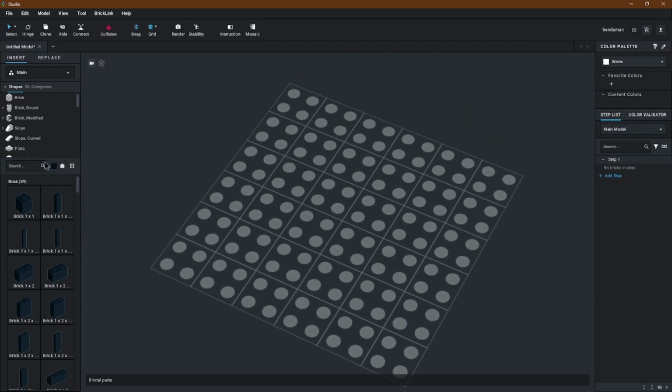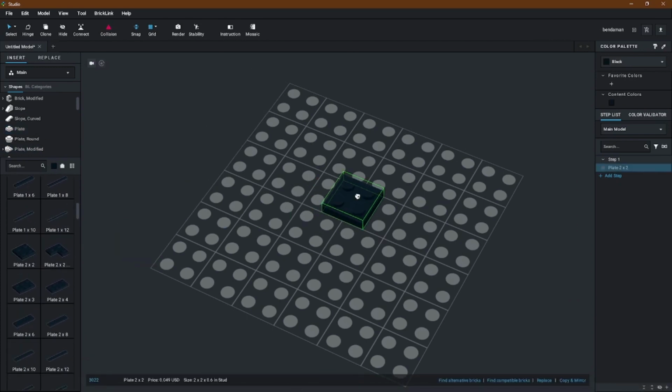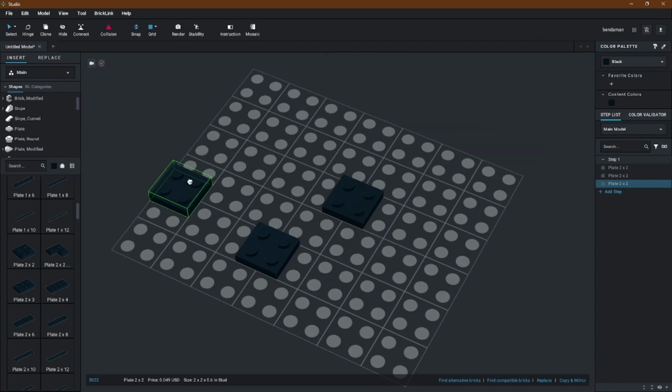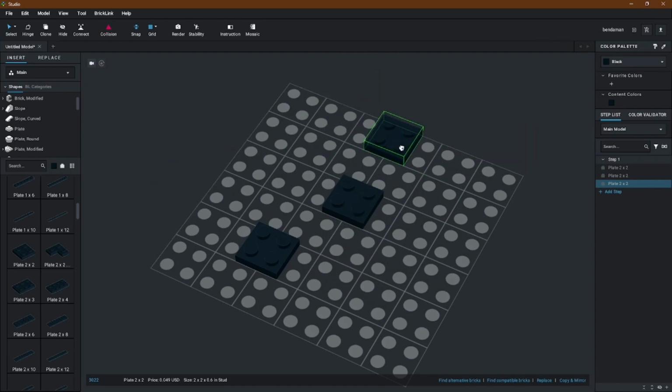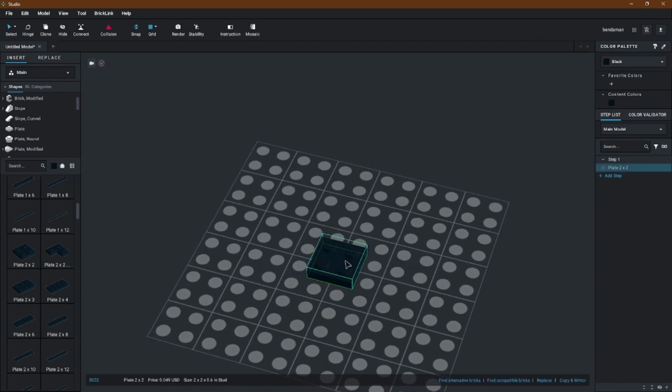And first, whatever kind of thing you want to select, put down first. So I'll go to plate, and I'll put down a 2x2. And I do that by clicking, and when I see where I want to put it, make sure you have snap turned on. This way you'll be able to put it where you would in the real world, for example. And you can just click it down, and then you'll have this sort of following your mouse. And if you want to get rid of that, you just right click, and then you can right click for options, and you can delete. And now you have a single 2x2 plate.